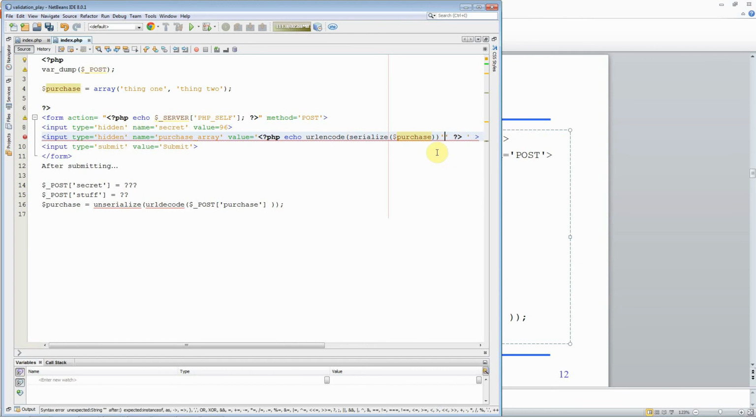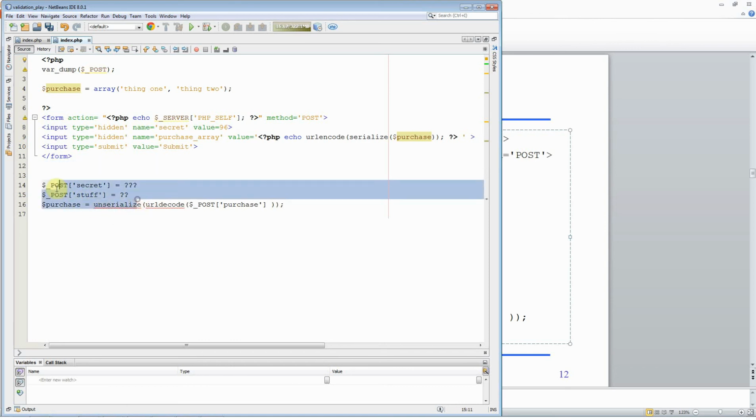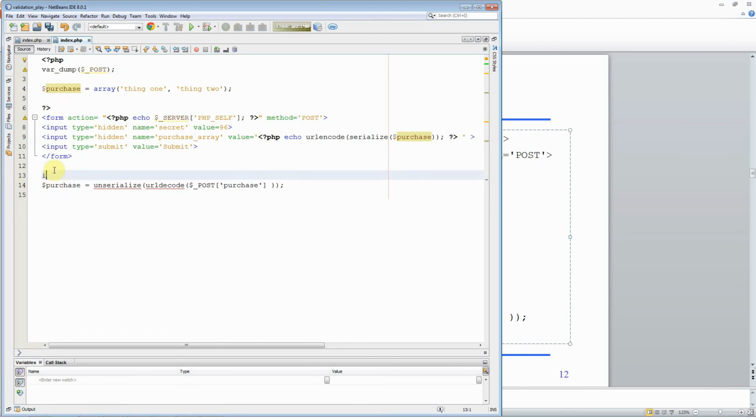So you can use that if it's set. I suggest you just use this echo PHP. URL encode serialized, so that's going to turn that into a one-liner thing. And now submit. Now what I want to do is see that after submitting, what is post secret, what is in post stuff. And then maybe what I'm going to do is I'm going to check that if